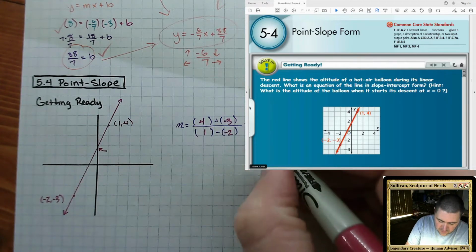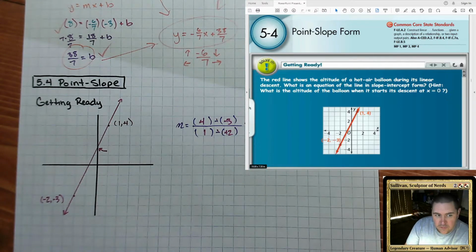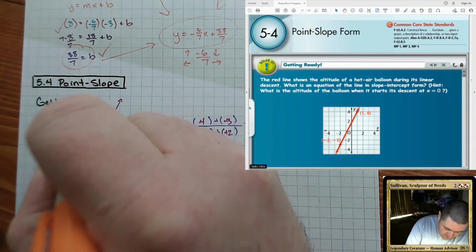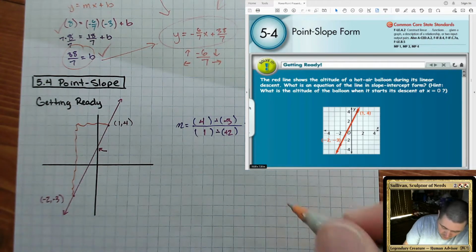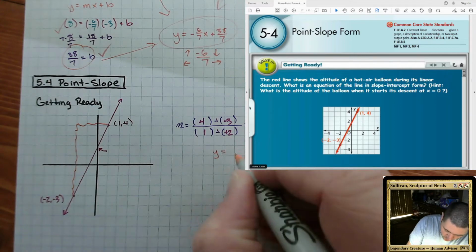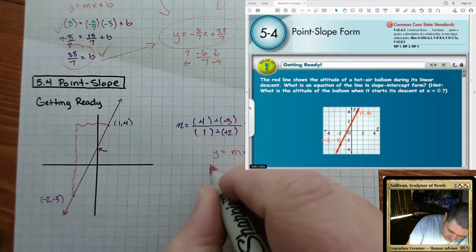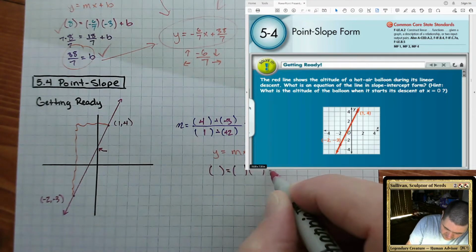Add the opposite, turning that into 7, add the opposite, turning that into 3. Or, because it is on a graph, I could just count boxes, up 7, right 3. I go to my form, y equals mx plus b, and I will plug in there y, m, x,